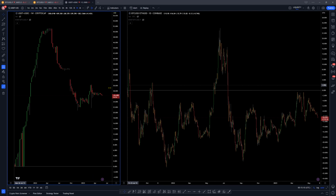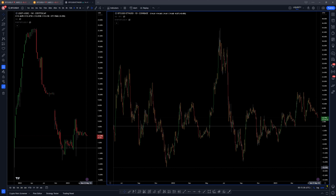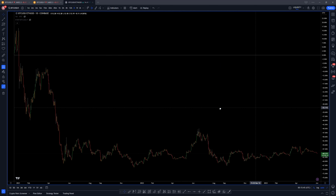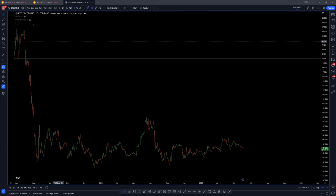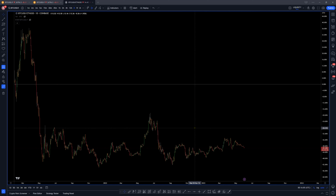And then the other thing that I wanted to show, and this is really more of a general education thing than any specific idea that I had, because I've been playing with it a little bit and want to at least expose everybody to it, because it's one of those features that I don't think most people realize TradingView can do. TradingView can do some very simple math in your indicators. And this is a chart of BTC USD and ETH USD directly correlated with each other, like just a literal chart saying this divided by this. I know that we obviously have ETH over BTC as an